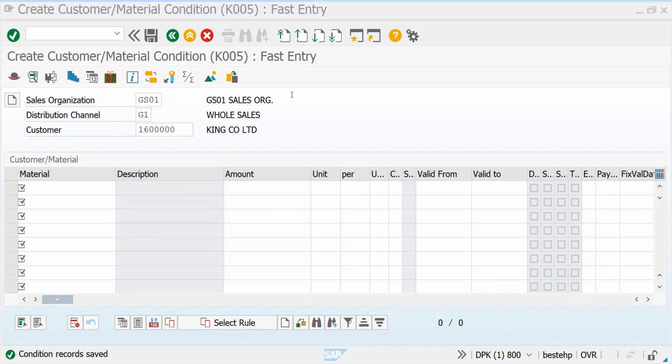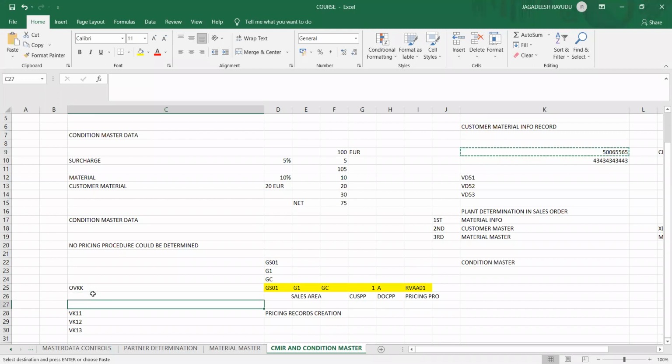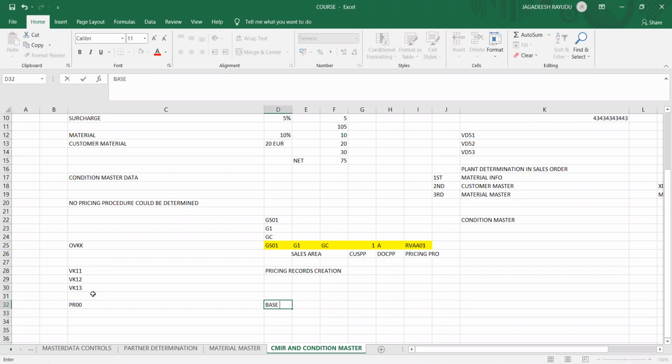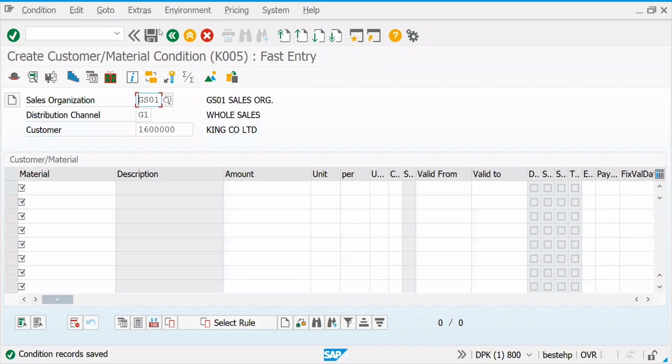We will make a note of this example for your understanding. One condition type, this is your base price. On that, you are giving one discount, K0005. Let's check K0007 also. These two are the discounts. These two are sufficient as of now for checking.